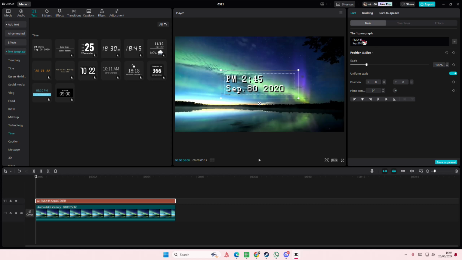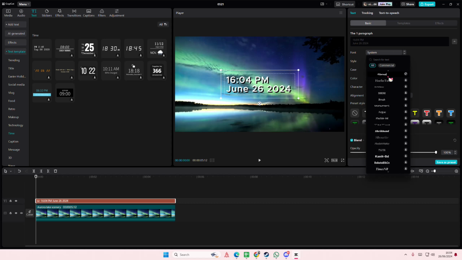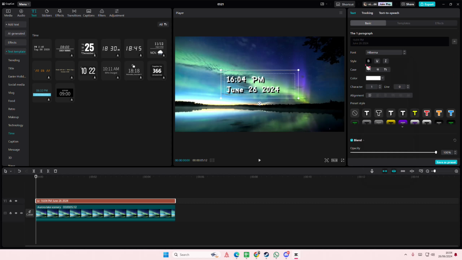So right now I'm just going to type in the current time, 6:04. I don't think I need to add a PM, right? Like people know, but just for fun. What's the date today? This is June 26, 2024. You can also change the font if you'd like to here in this section below,